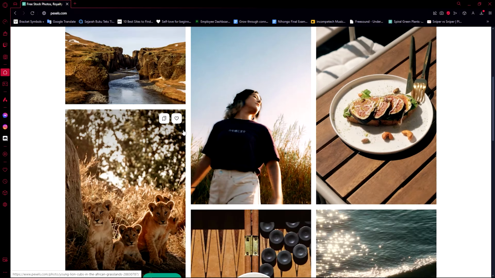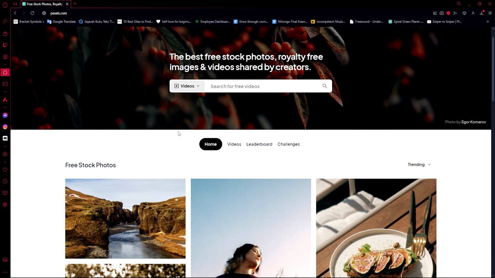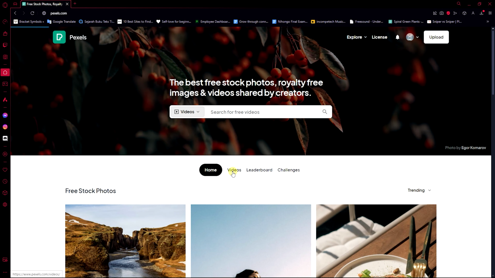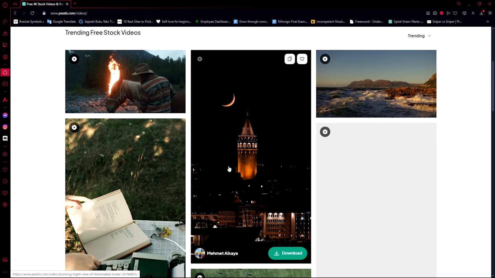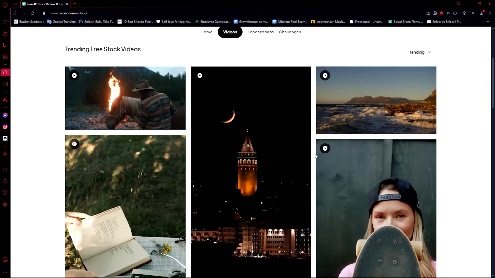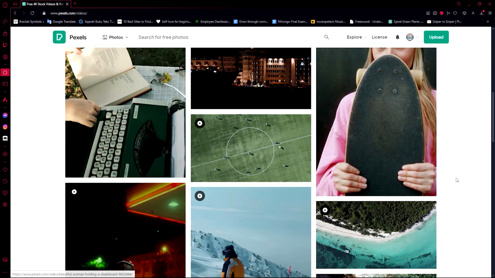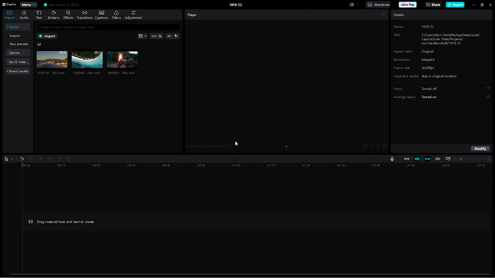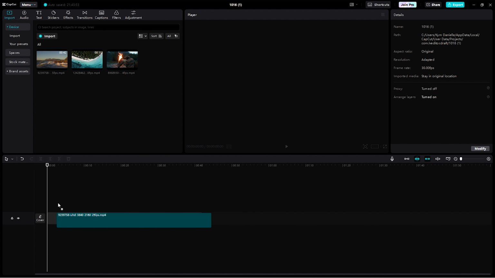They have a lot of stock photos and clips here, or videos that are for free. So you can just check them out because it's for free, but you can also donate to the users that do upload here. So really big thanks to them. So I'm going to be using some of their clips, and of course, just going to drag it into the